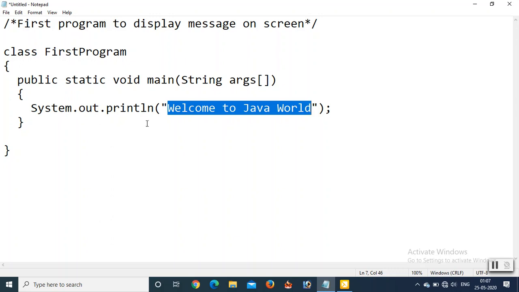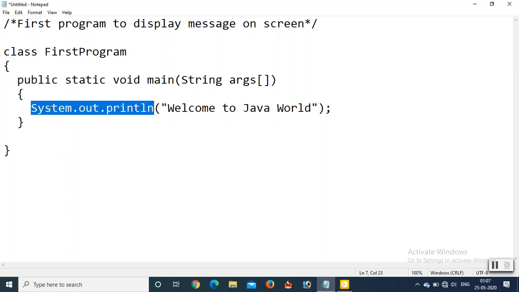So what is the meaning of this System? System is an inbuilt class. What is this out? Out is the object of the class System.